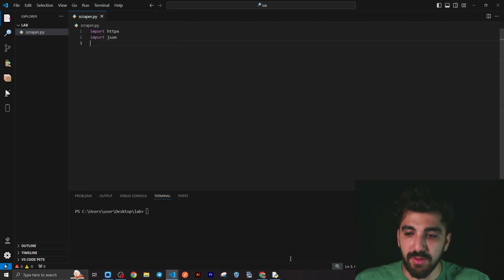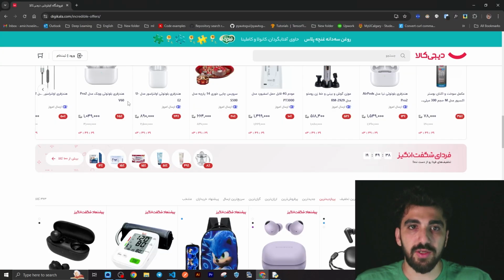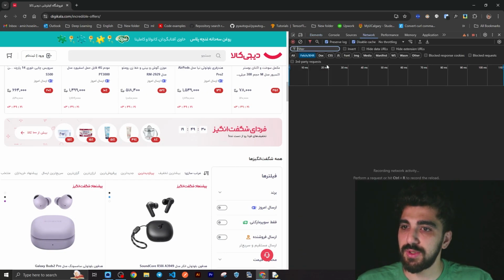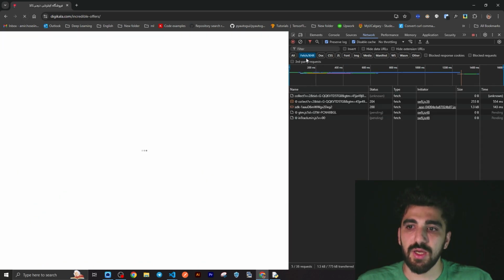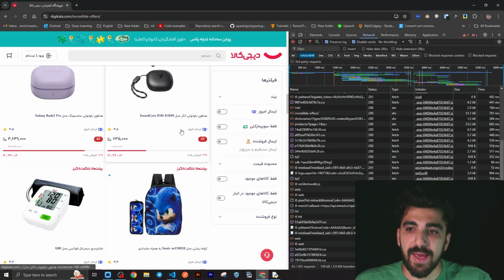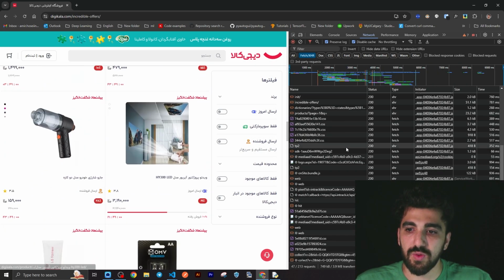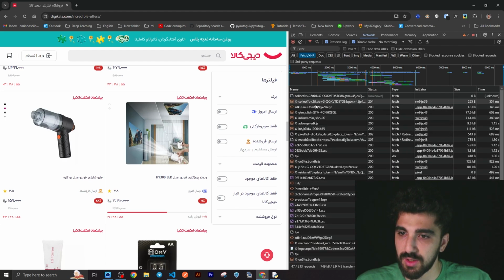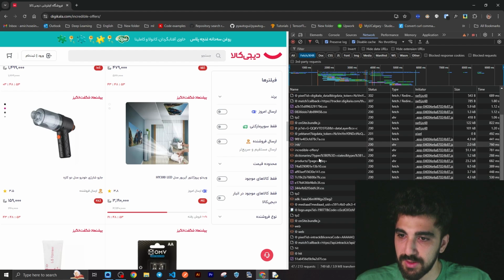Okay, so now let's see what we want. How is data released? As I said before, it uses some APIs. So let's open the network tab, and let me just clear everything and refresh this page. I found that data is released. I mean, you have to check Fetch/XHR, and as you go, let me just first open page one. I mean, data is located in